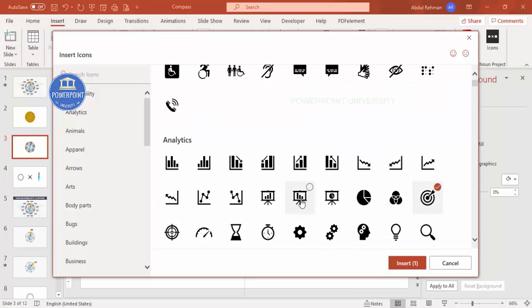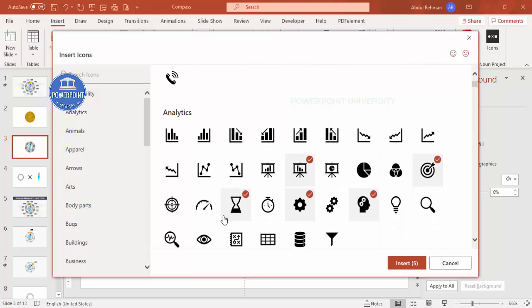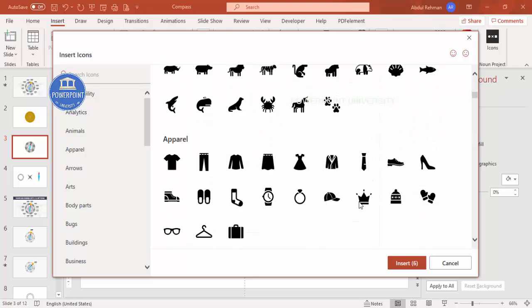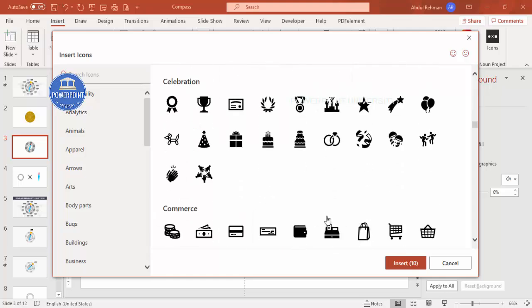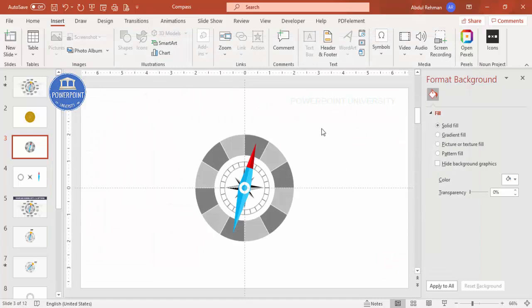So I'm just going to choose some random icons here. I need 12 icons. You can see here I'm just choosing it randomly, and then I've already selected 6, 7, maybe 8, 9, 10, 11, 12, and click on insert,